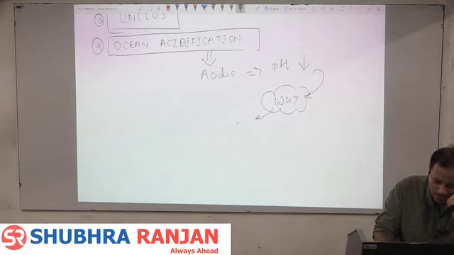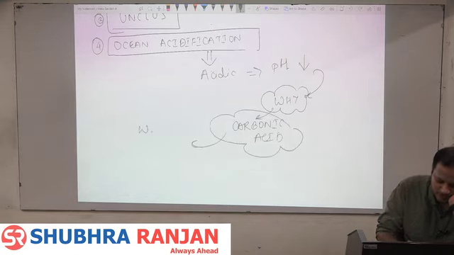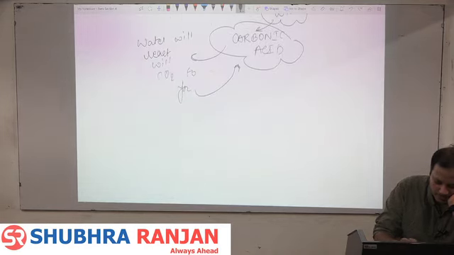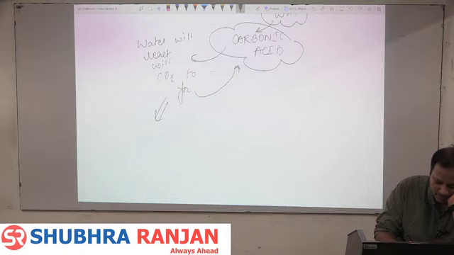Because it forms weak carbonic acid. Why does it form carbonic acid? Because water will react with CO2 to form carbonic acid. So why is this happening? This is happening because of global warming associated with increasing